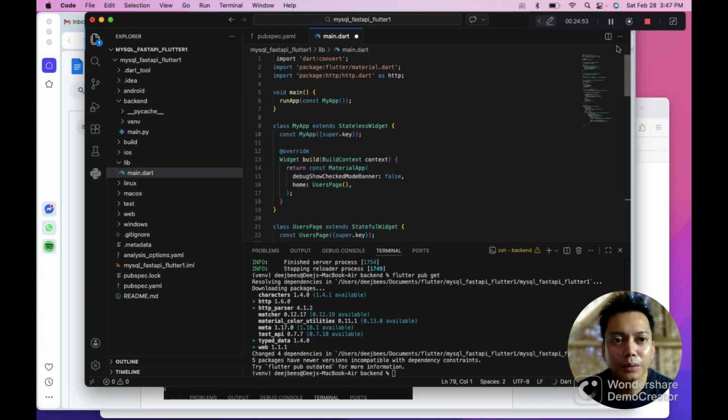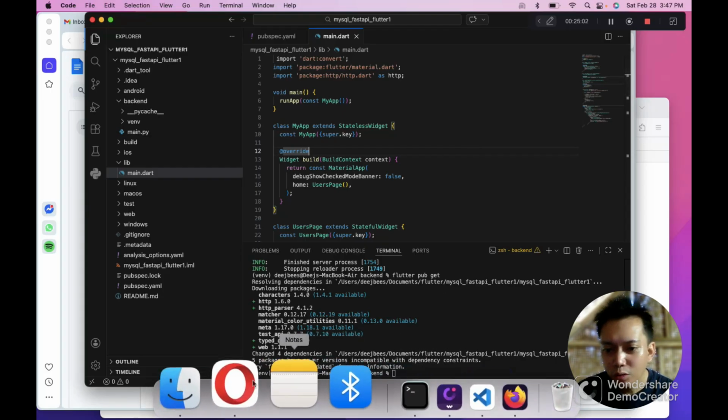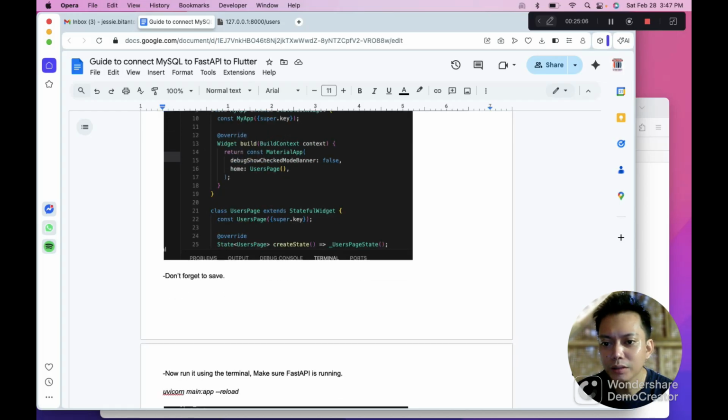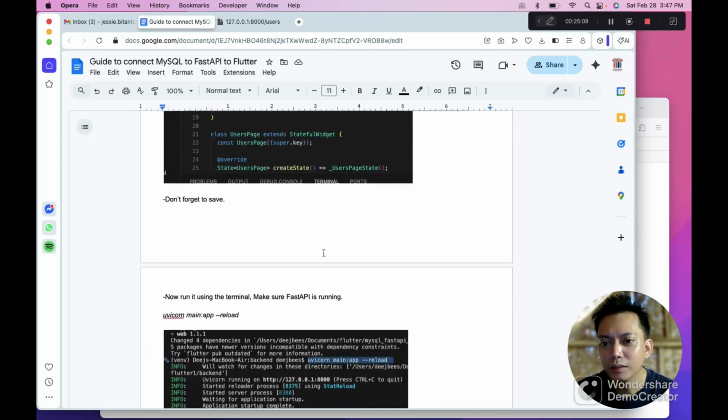Then don't forget to save, Control S. Control S. And then, okay, make it double. Control S, Control S. So to make it sure. Don't forget to save. Yes, we know.